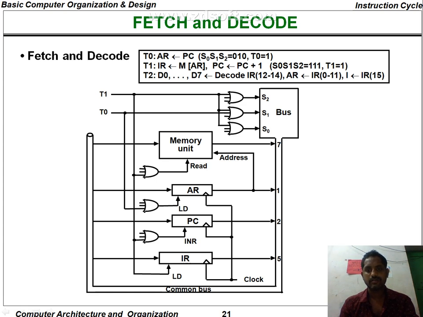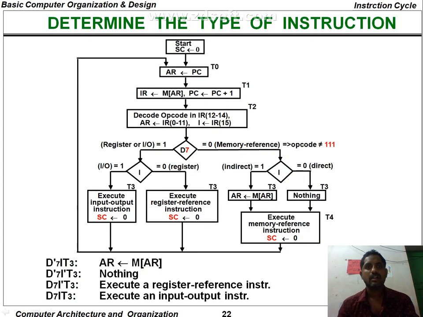See, this determines how the type of instruction is executed. Whenever SC equal to 0, then go from the AR to C. The decoder output D7 is equal to 1. See here,